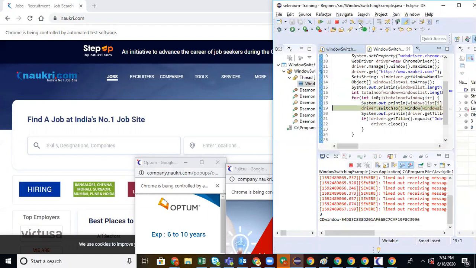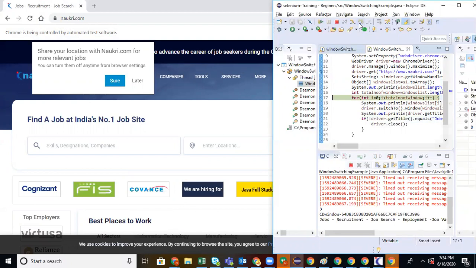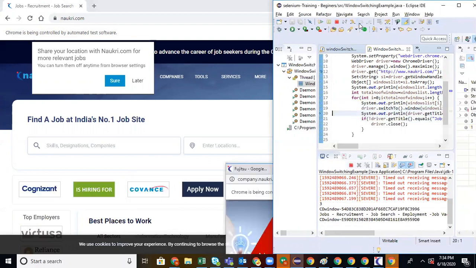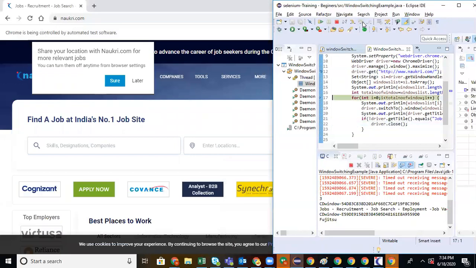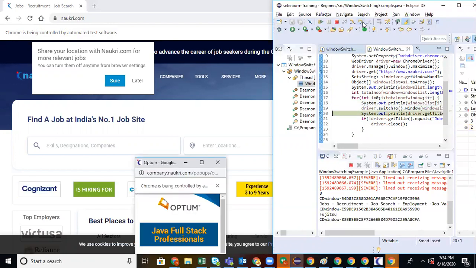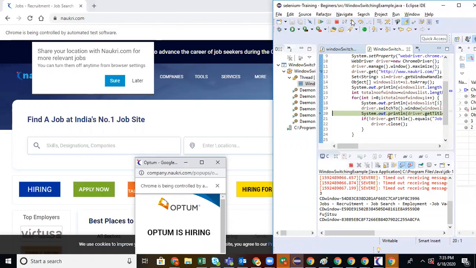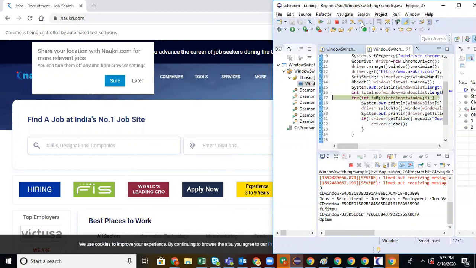So now this will return the home window. Home window means it should not close. Okay. So next will be the sub window. It is switching to the sub window. You can see it is switching, and if it is, then it has to close. You can see the sub window here, it got closed. Now the third window. It has to switch. So this is the third window. When it switches, the control will be here. So I'm going to close it. So that's all.